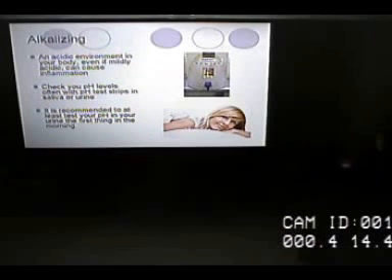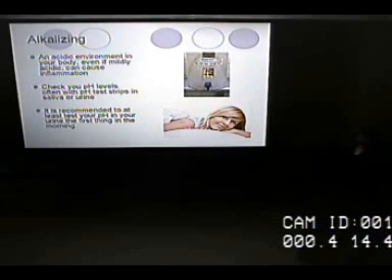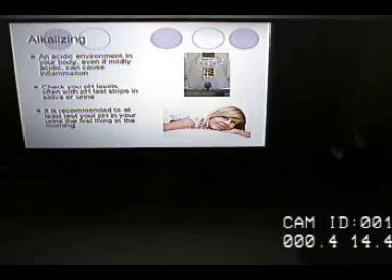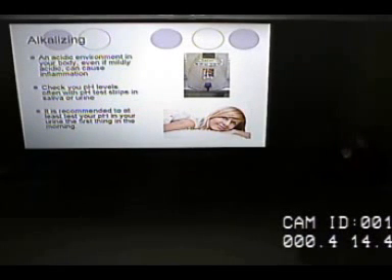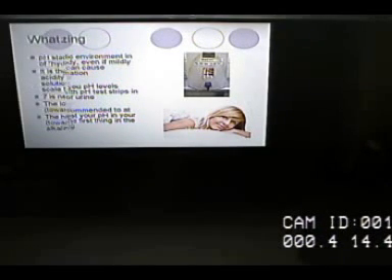So alkalizing. Has anybody heard of alkalizing and what that means? Okay. In an acidic environment, it creates more inflammation. So we have test strips out there that you can check if you'd like to, pH test strips. You can check your saliva or the urine, and it gives you the coloring that you can see whether it's acidic or neutral or alkaline. And some people do it before meals, some do it after meals, but I work with people on how to do this, and I'll get into that in the next few slides. So you can check your pH levels. They recommend doing it first thing in the morning especially.